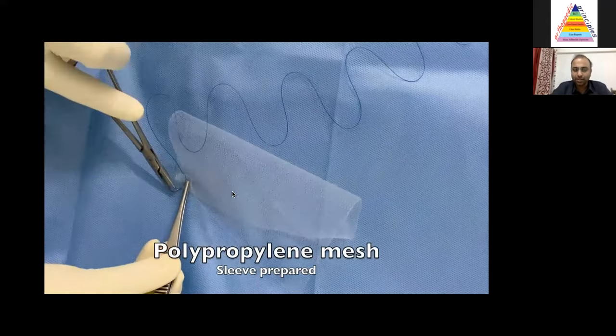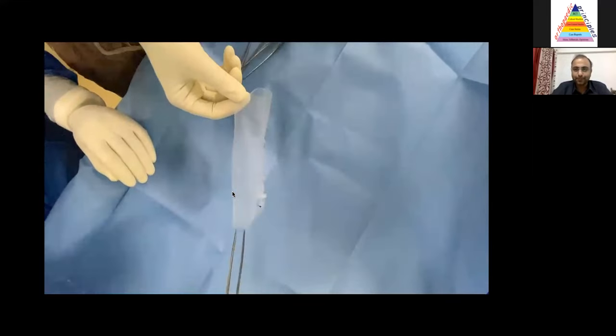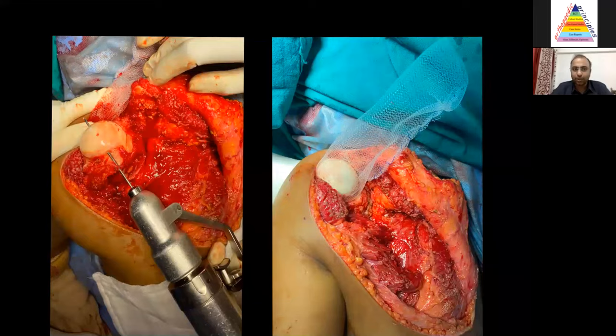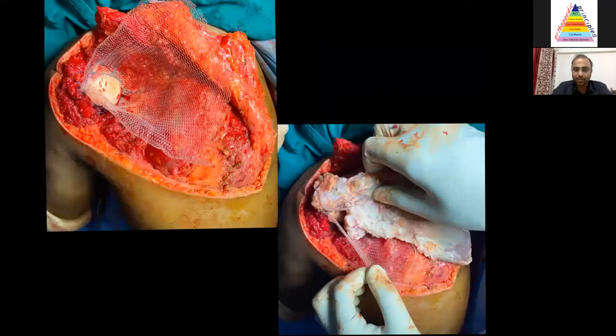A sleeve is prepared so that you can attach the glenoid to the scapula. So this is the Prolene mesh that is used, or you can use a Vicryl mesh or a partially absorbable mesh that is also available. Make multiple holes into the glenoid and the humerus and attach the mesh. So this is how the mesh is attached to the humerus. And put the scapular part inside, fix it with the help of mesh. Here Ethibond can be used, or fiber wire and fiber tape can be used.